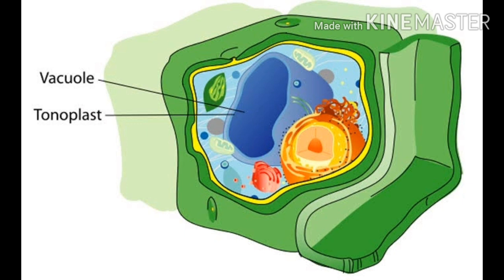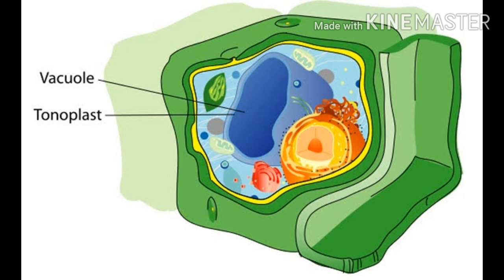So the vacuole is a sac surrounded by a membrane. A cell uses the vacuole for storing various substances such as food, enzymes and waste for a short period of time. So that waste is stored over there for a short period of time.